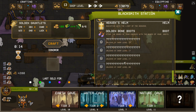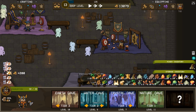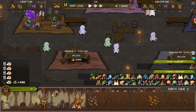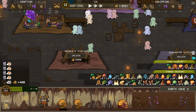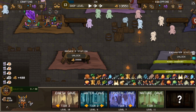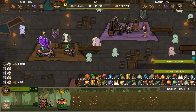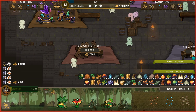Maybe it would have been more interesting to have more purpose in the different objects that I craft, and to see a better way how these objects actually increase the capabilities of my dwarf. And in the end, I also miss a real end game. After 8 hours I more or less stopped playing, because there is no point after I got all my 100% achievements, which is cool. I like it when you can have 100% achievements. It would be cool if there were some sort of end game, so it's more interesting to continue to play. But on the other hand, those 8 hours are more or less the end game, the moment you understand how the system works, and you can actually sell an item for like 2 times more